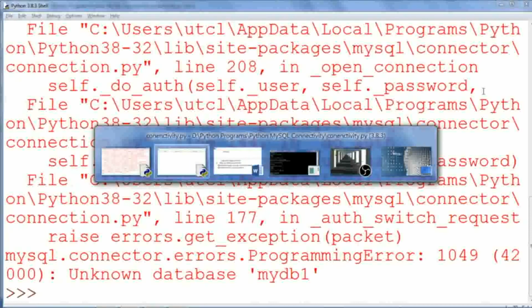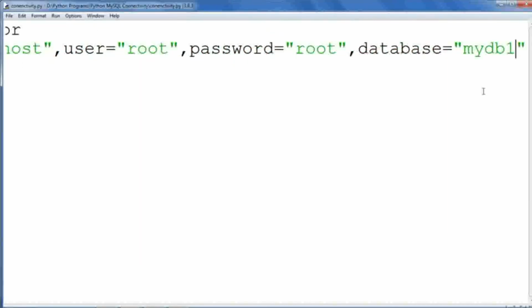If any error is there, that means your database connection is not created. So whenever you are moving towards database connectivity, this first step you have to follow and check. One by one I will provide you videos on this concept. In the next video we will see how to insert data and how to create a table through MySQL Python connectivity.